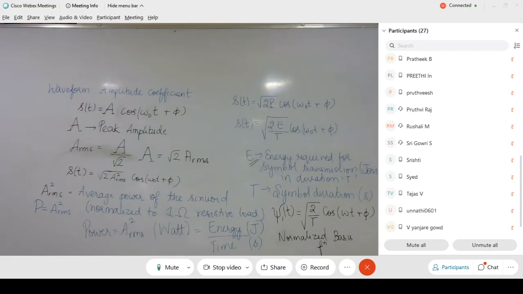From the next class onwards, we are going to discuss the modulation and demodulation methods of generating ASK, PSK and FSK. We are going to study them in depth. We are also going to discuss one of the main receivers we require. We are going to first talk about the receiver, then discuss generation and detection of different modulation techniques. So I am stopping here. If you have any doubts so far, you can ask. If you don't have, you can note this down properly, and then we can wind up the class.